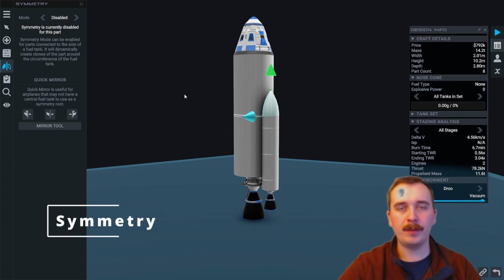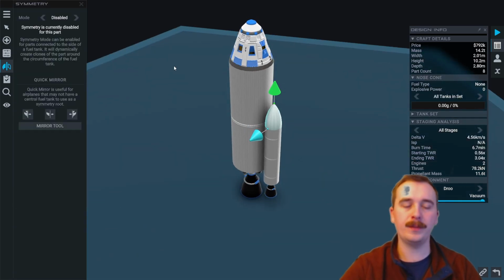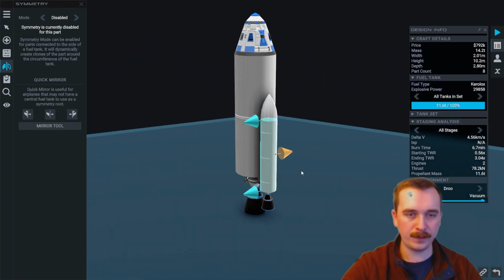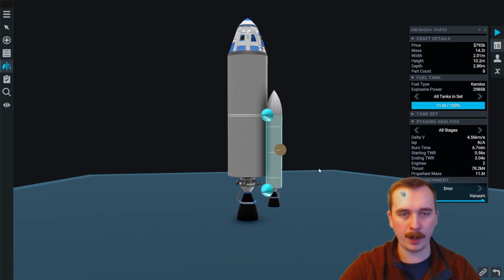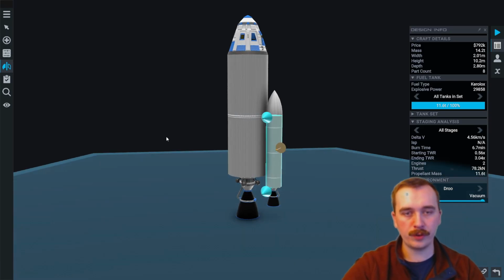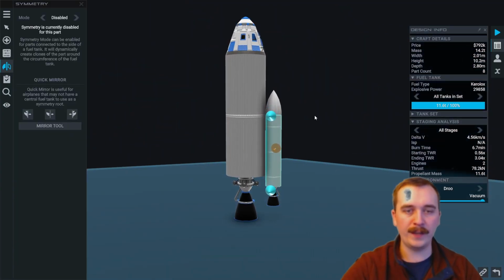This Symmetry tab allows you to clone parts around a given axis or plane, depending on the mode you're using. Right now, the symmetry is disabled, so I have this fuel tank attached to the side of my rocket, and it's just the individual fuel tank. Without enabling symmetry, it's just going to remain there as an individual fuel tank, which is very asymmetrical for